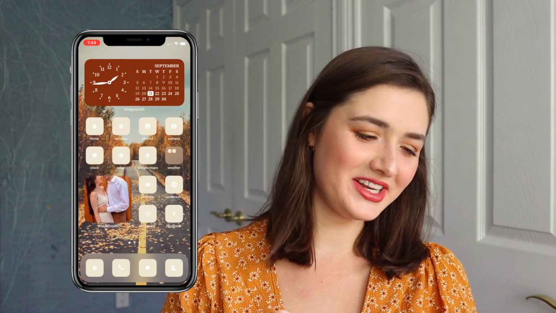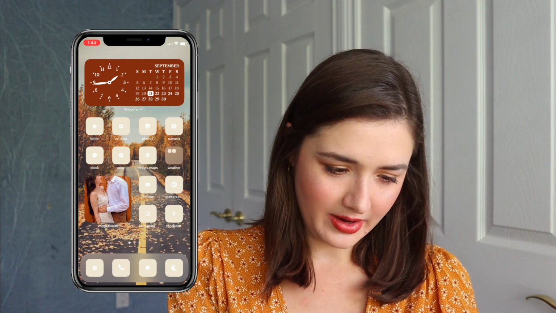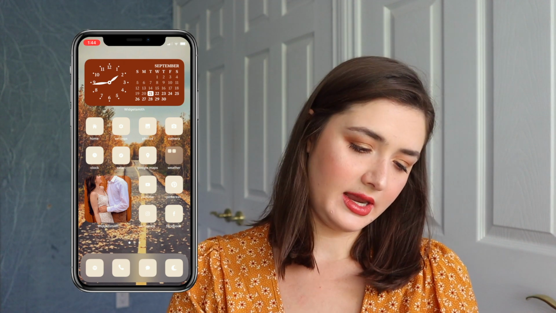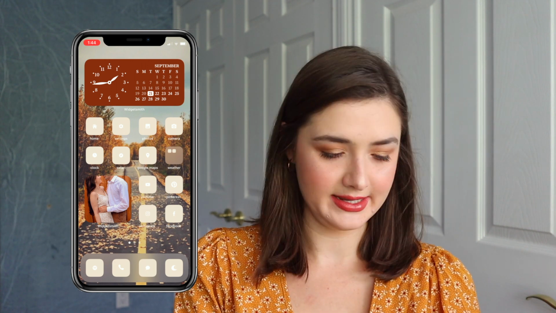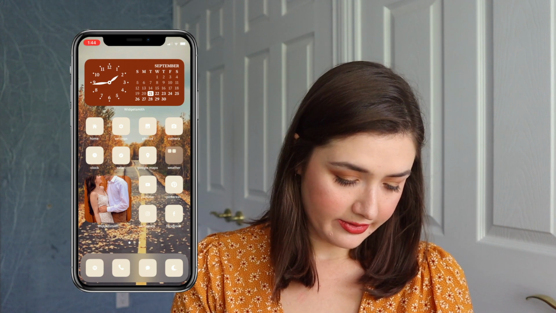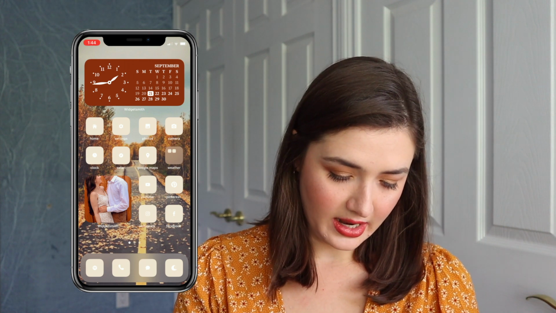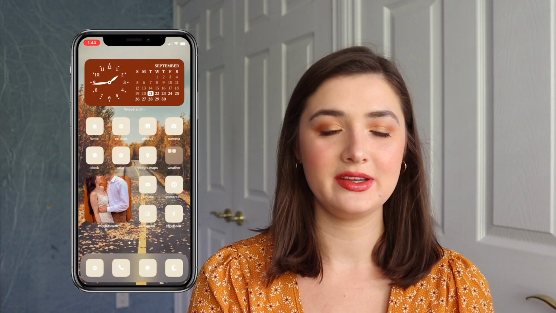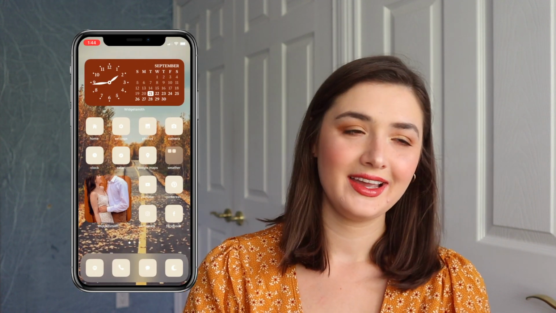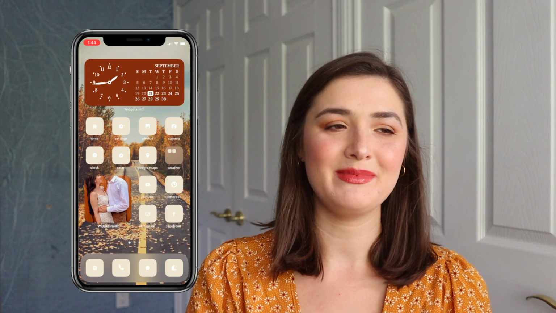I'll play around, it might change a little bit, but just going through, I have a lot of similar things on my main area, the most used ones. Safari, Maps, YouTube, Pinterest, Instagram, Facebook, that kind of stuff. And then on my bottom dock, Spotify, phone, message, and I have this Sleep Cycle app. I use it to track my quality of sleep, when I fall asleep, and making sure I get enough sleep.